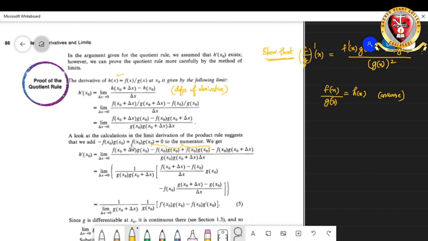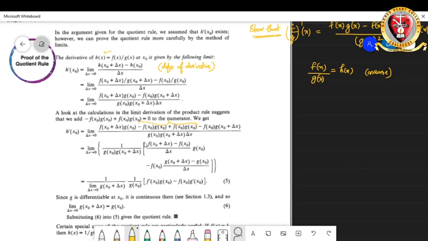And then what you do is, you're going to take the denominator out, excluding delta x. Okay, 1 by g of x naught into g of x naught plus delta x, into what you have in the new, the rest will be f of x naught plus delta x minus f of x naught, divide by delta x into g of x naught,